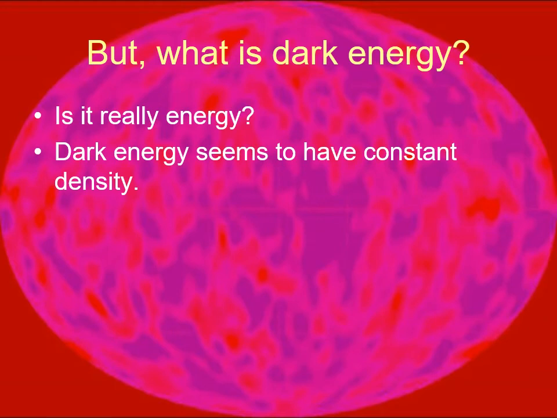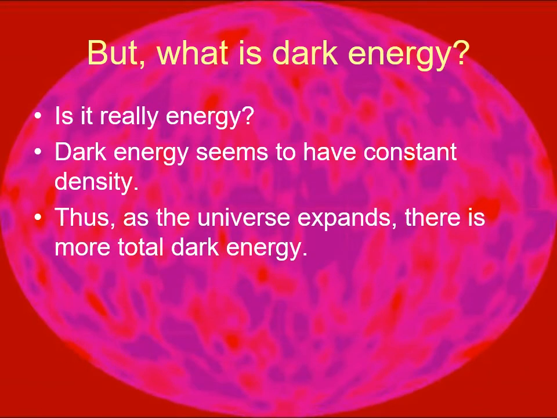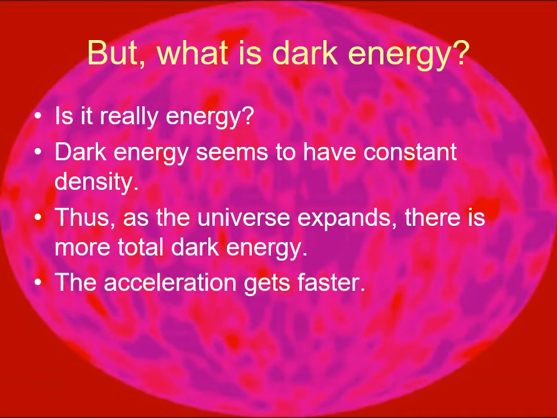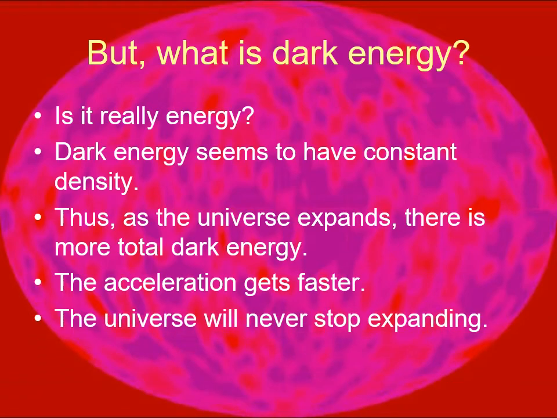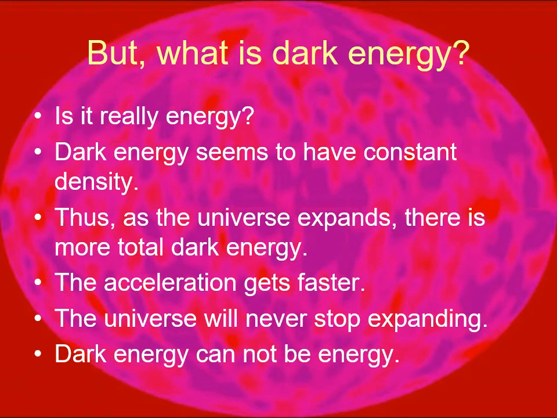Because dark energy is constant; it has a constant density. That means the more space you have, the more dark energy you have. If you got twice as much space, you get twice as much dark energy. Well, that's not conserved. The universe is expanding, so that means dark energy keeps increasing, and so that means more and more of it. It means it accelerates faster and faster because there's more and more of it, but it also means it's not conserved. That means it's not energy, not as we know energy. So dark energy cannot be energy as we define energy. It's got to be something else.